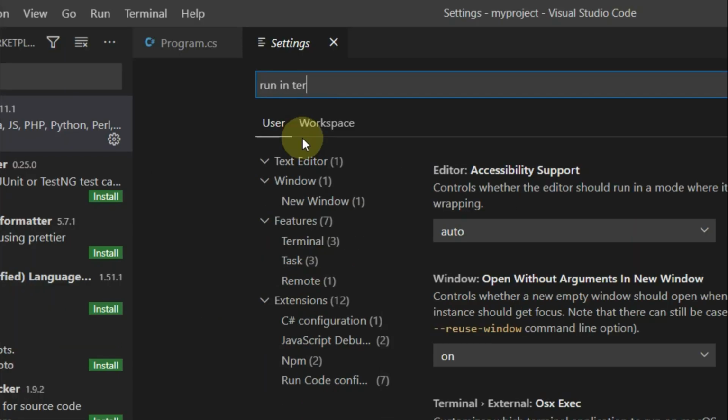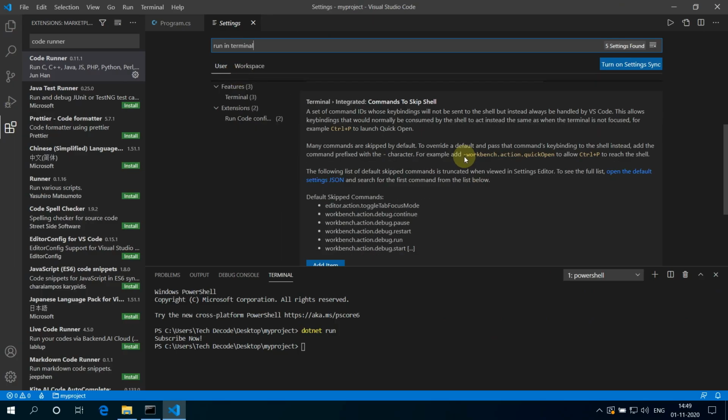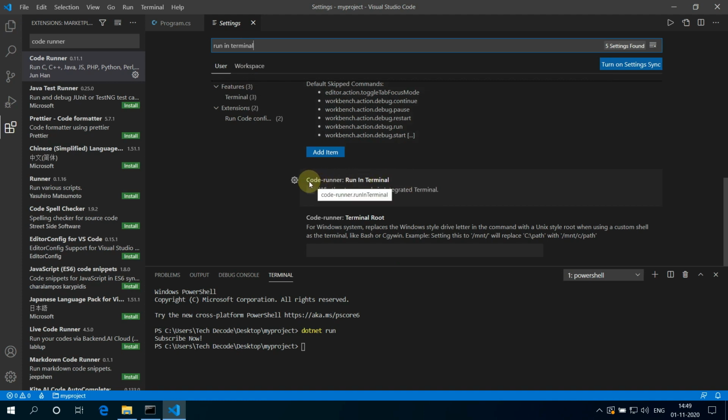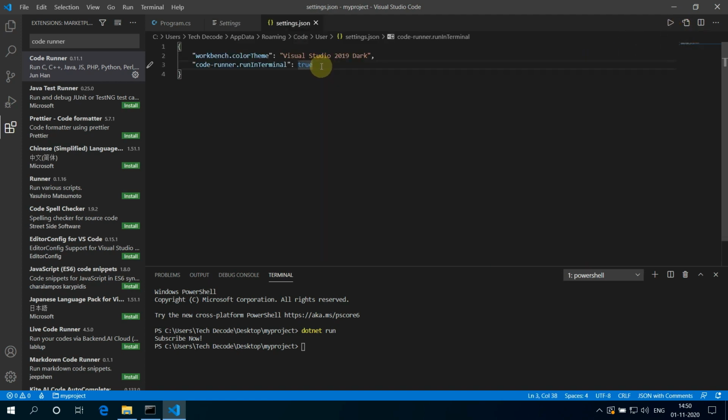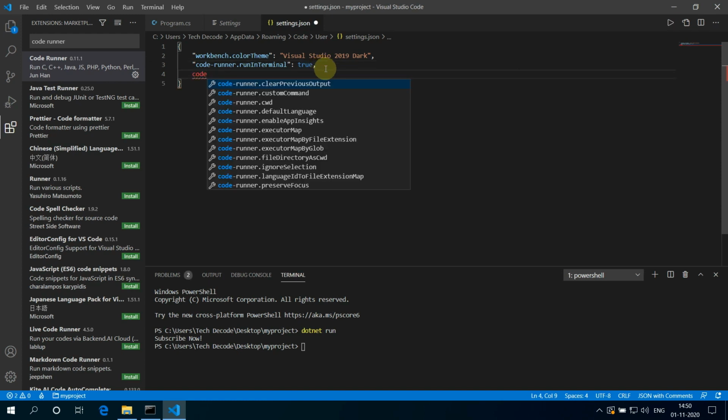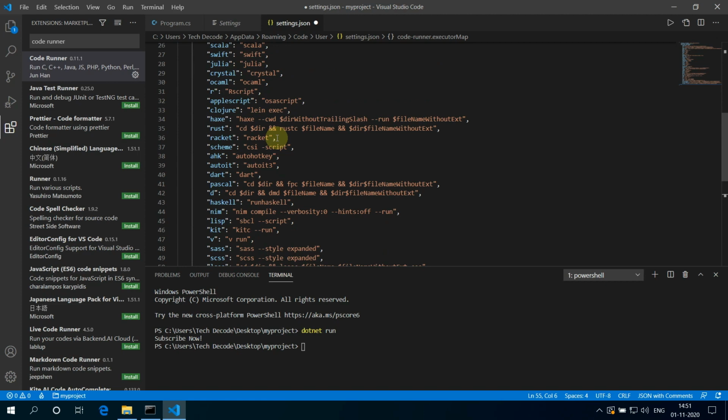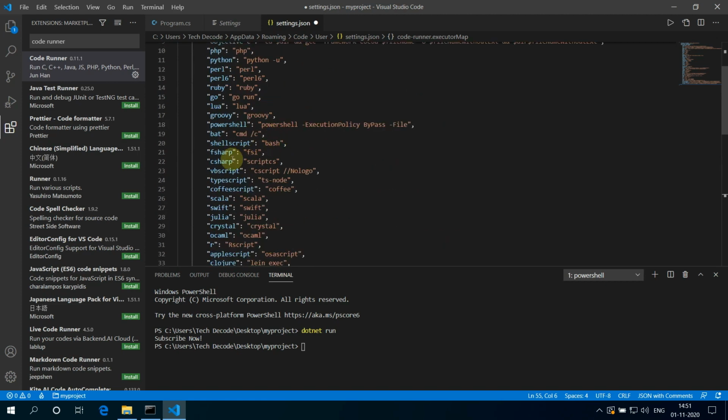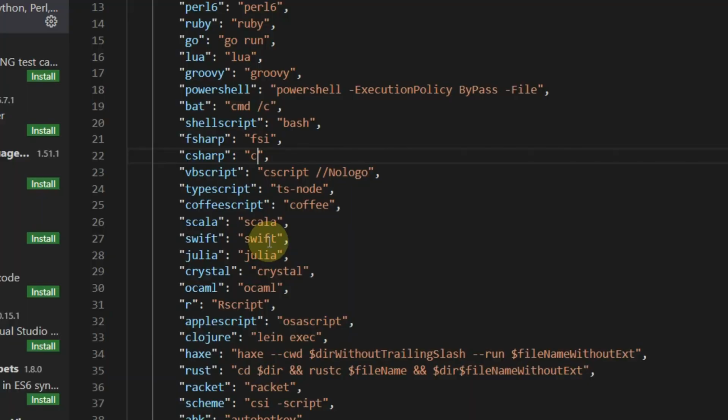Type Run in Terminal here and go down a little bit and find Code Runner Run in Terminal and check this box. Now click on this Open Settings JSON button and write code and select CodeRunner.executorMap. Scroll up a little bit and find C# and remove scripts. Now type cd space